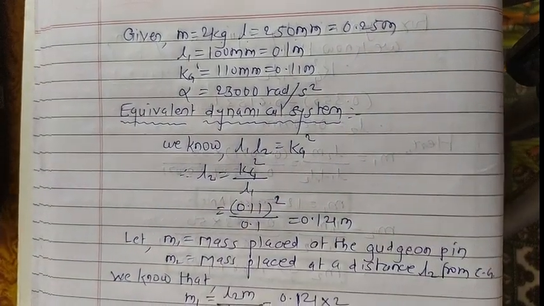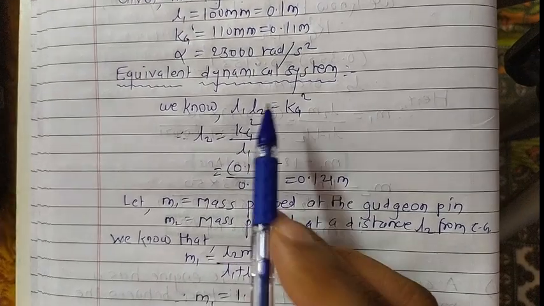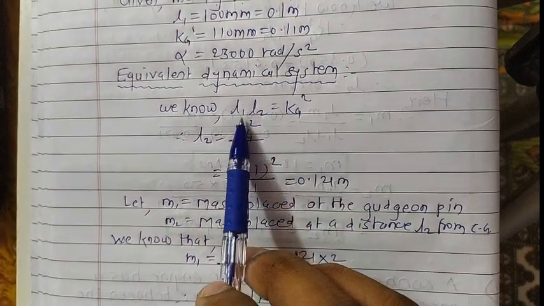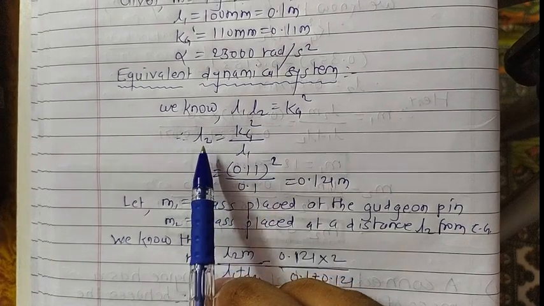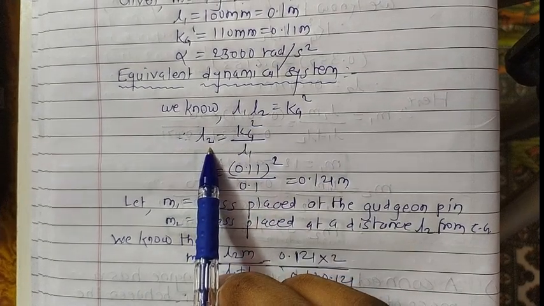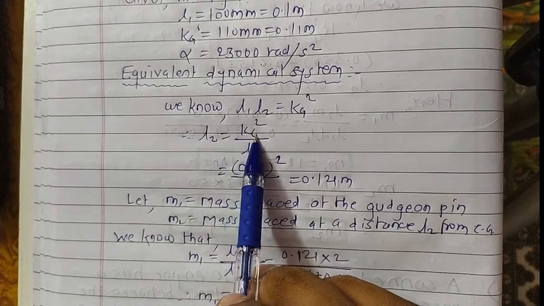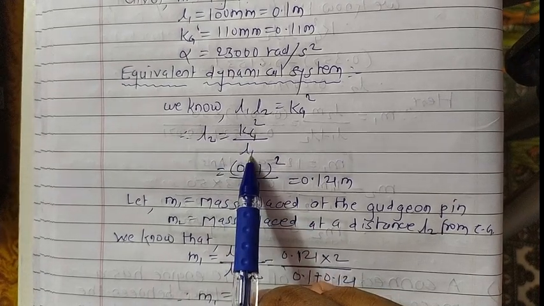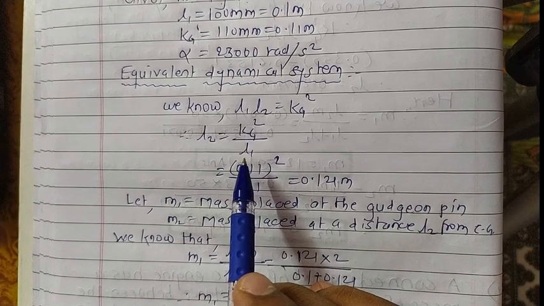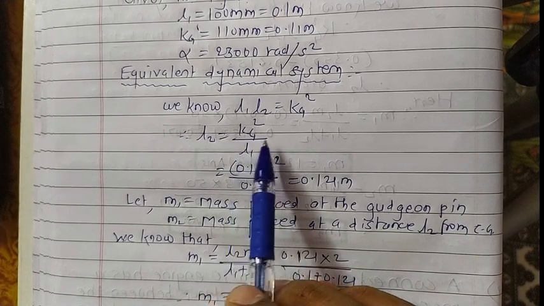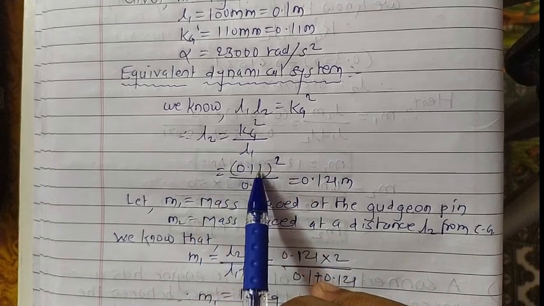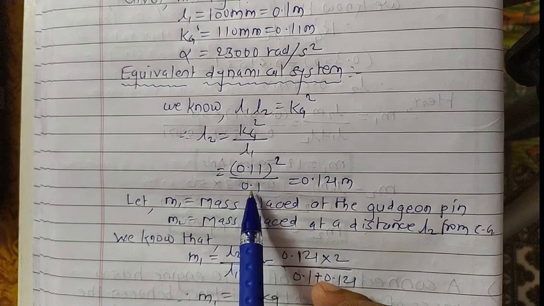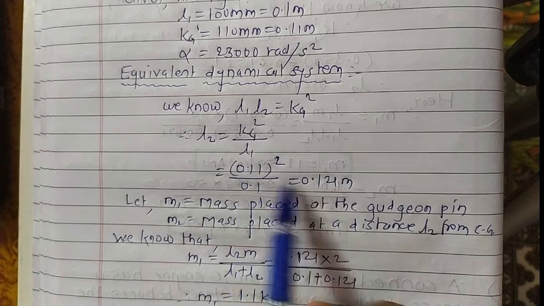So for the dynamical equivalent system we know the relation L1 into L2 equals kg square. So what about L2? In this case the value for kg is given, and the value of L1 is given. So get the value for L2. Kg with us is 0.11 and the value for L1 is 0.1. So we get the value for L2 as